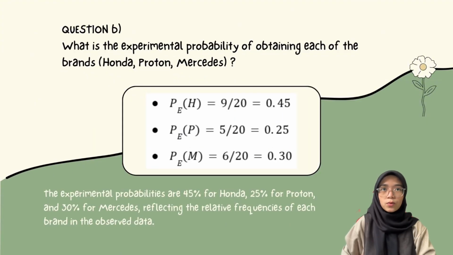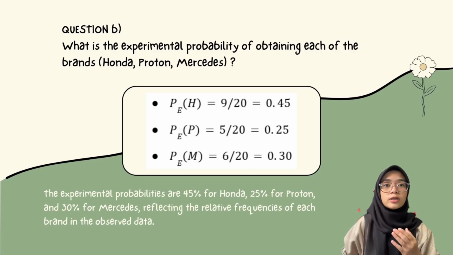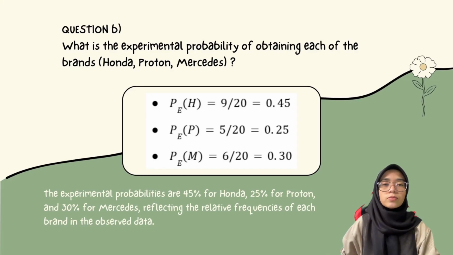Okay, next question B. What is the experimental probability of obtaining each of the brands, which is Honda, Proton and Mercedes? To get the experimental probability, the frequency of each brand needs to be divided by the total frequency, which means the total sample. So first, the experimental probability of Honda is 9/20, which is 0.45. And next, the experimental probability for Proton is 5/20, which is 0.25. And lastly, the experimental probability for Mercedes is 6/20, which is